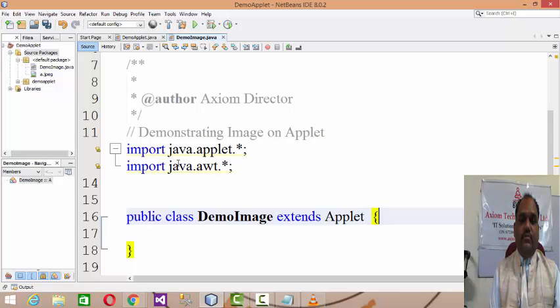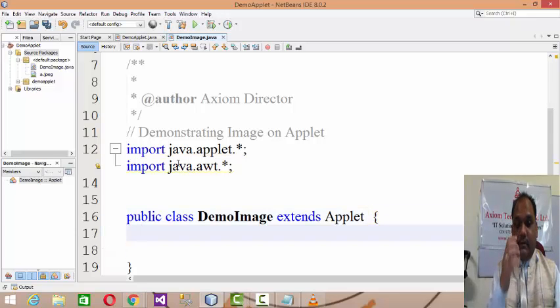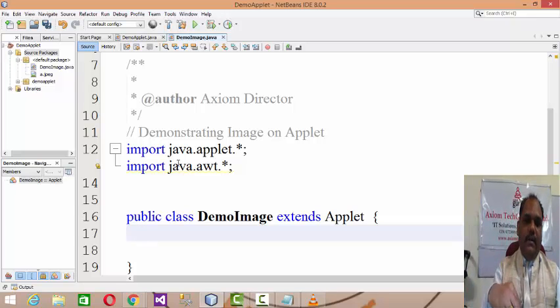Now to draw an image, which is in GIF format basically, because it's not an artwork, a ready-made image, I'm going to put it onto the applet.